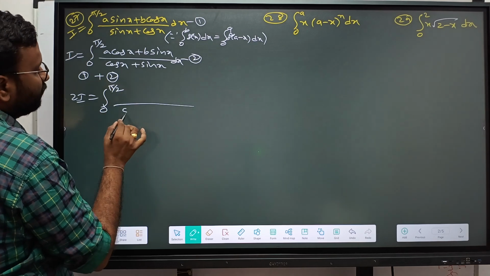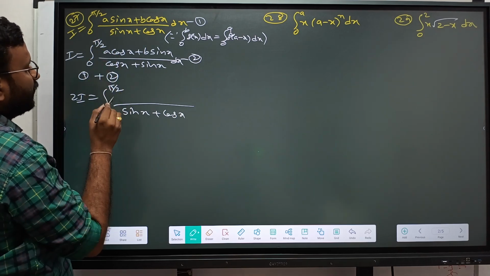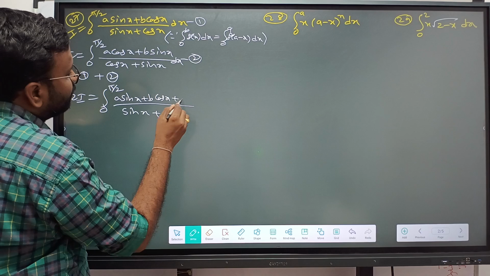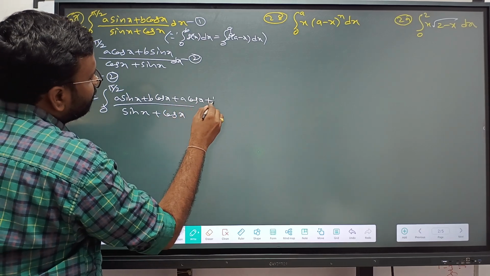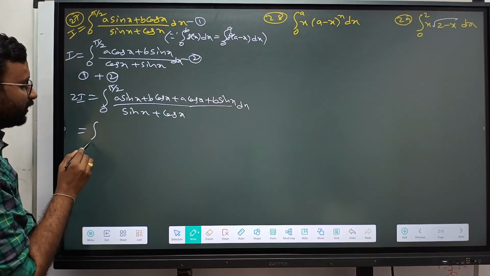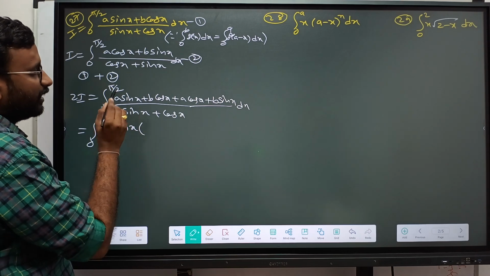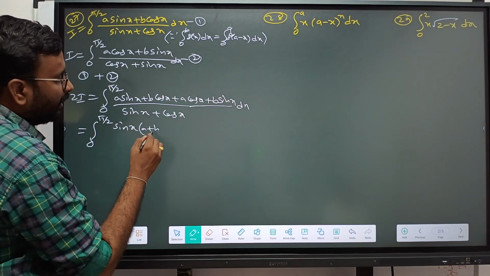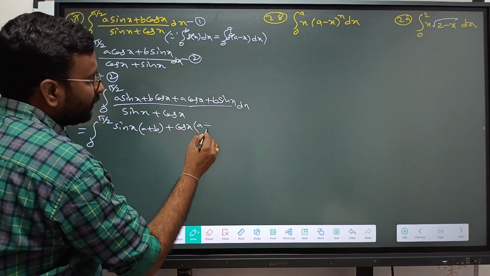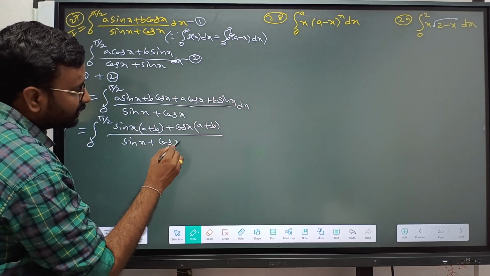And denominator also same, sin x plus cos x. Numerator will be different. What is that? a sin x plus b cos x plus a cos x plus b sin x into dx. So which is equal to integral 0 to pi by 2. We can take sin x common. Then you will get what here? a plus b. Again we can take cos x common. Here b plus a, that is also a plus b, by sin x plus cos x into